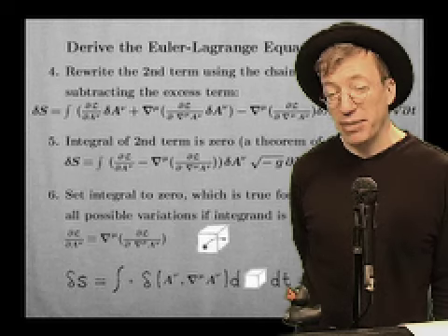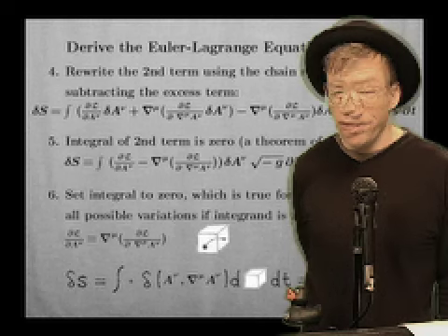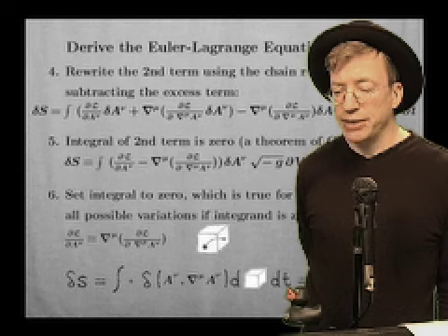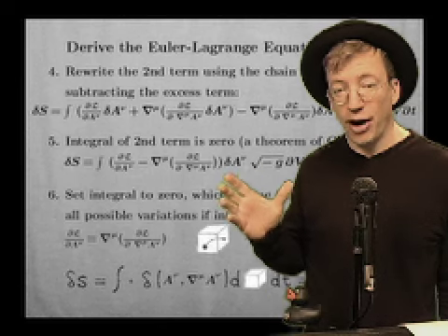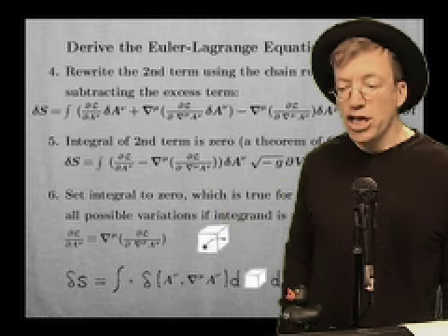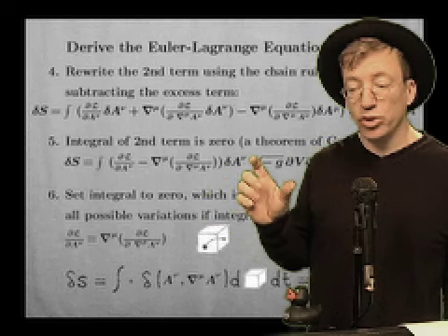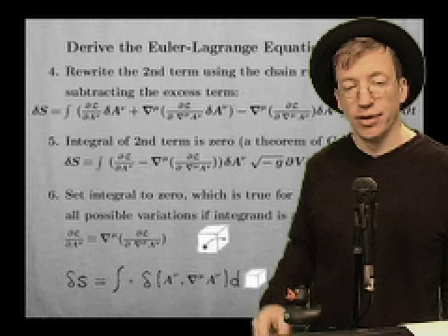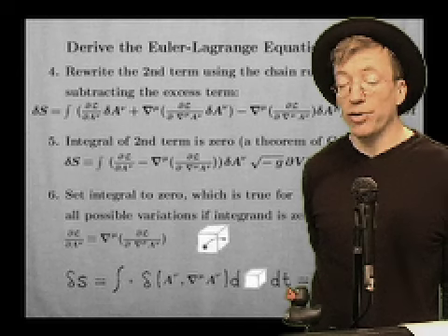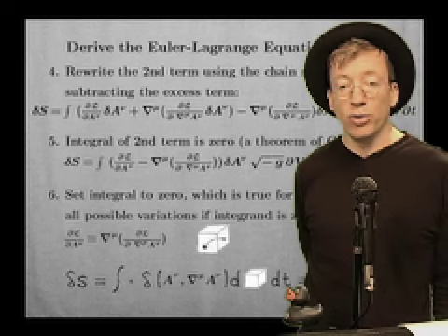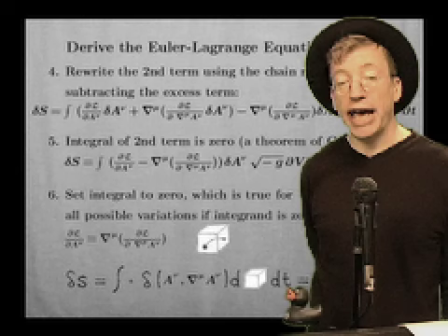But it says that that term in the middle there, if you integrate it over this volume over time, it actually will equal 0. Then what happens is we say, okay, now we've got these two terms, and they both depend on how we vary the potential. So we would know that this thing would always equal 0 if those two terms were equal to each other. And so that's actually the entire statement of the Euler-Lagrange equation.